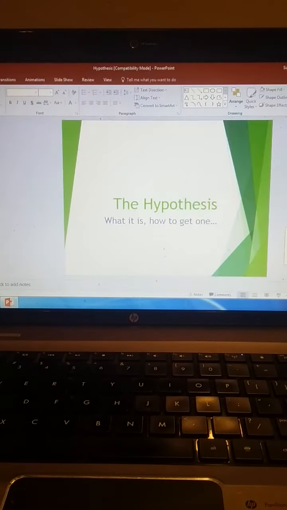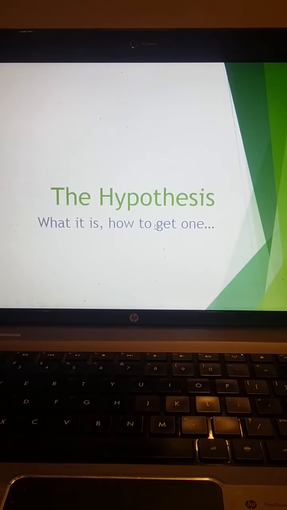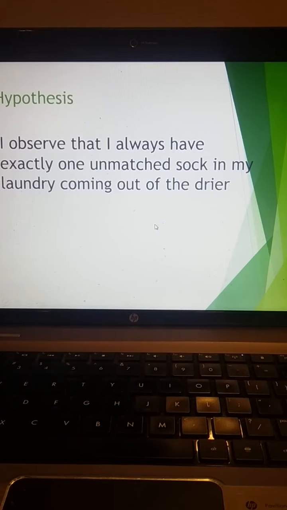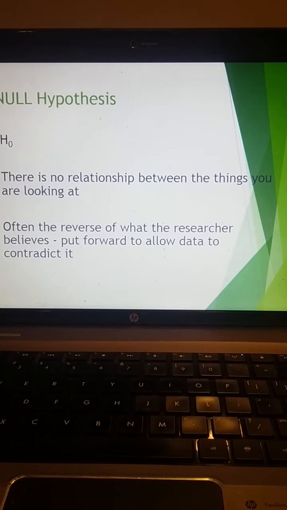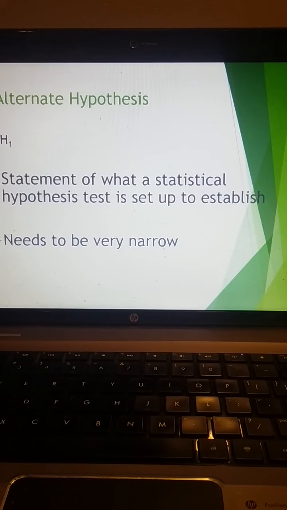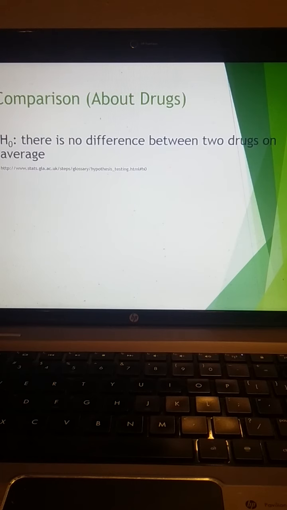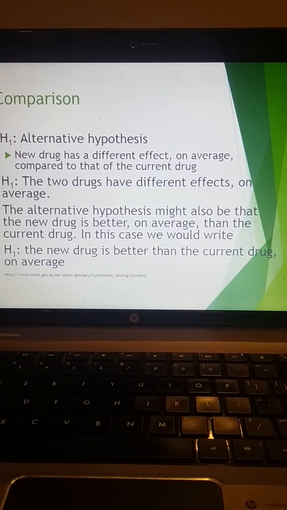And then we did the hypothesis. You do need to know this, because we went through it in very much detail. You do need to know what a hypothesis is, and of course you don't need to know about these tests, but you do need to know what H0 and H1 are. That's very important. H0 has no effect and H1 has an alternate effect.